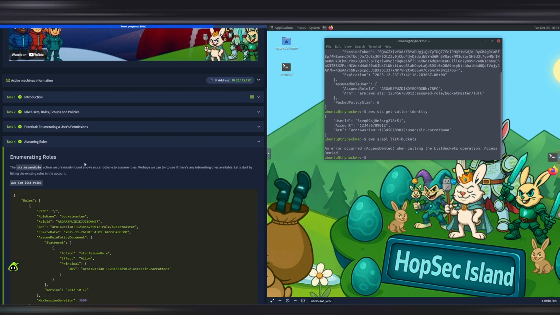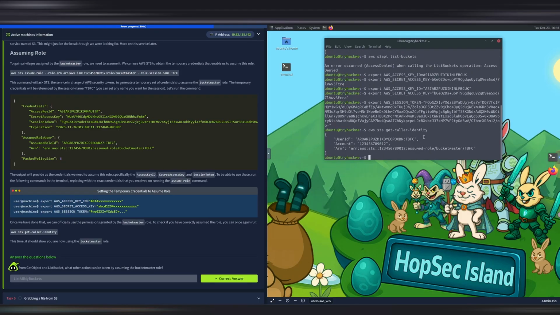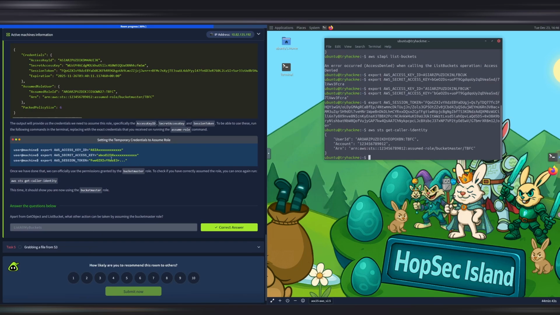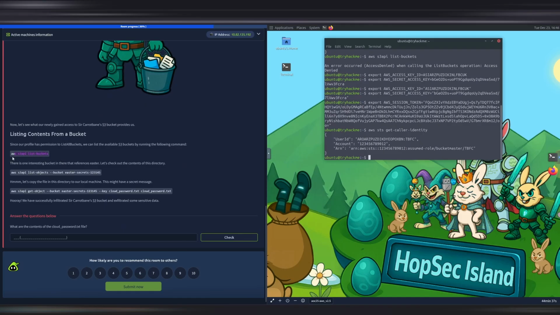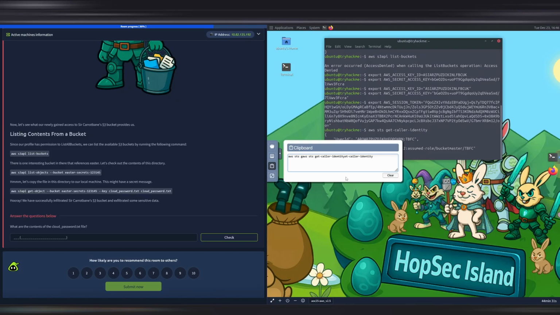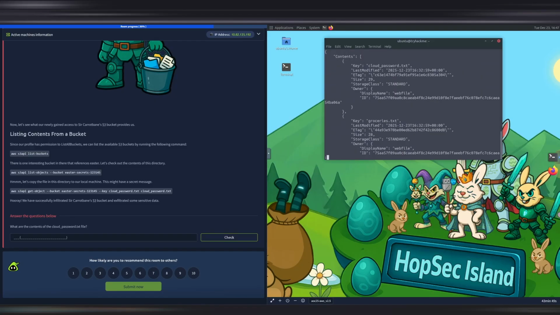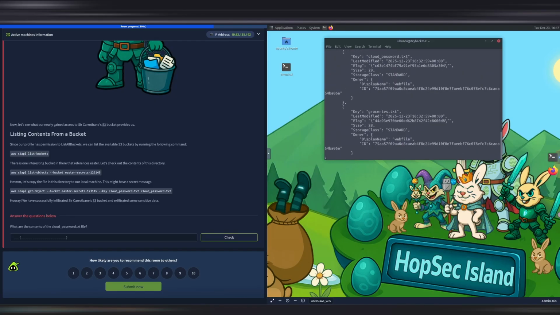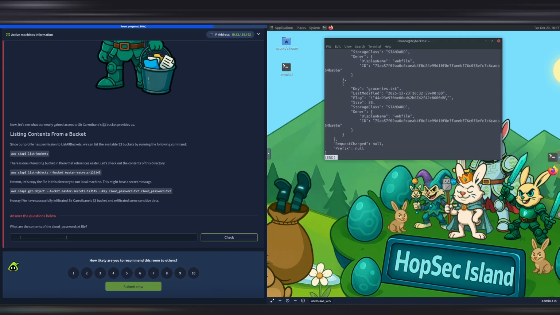Okay, so I must have done something wrong when assuming the role. Oh, okay, so we need to export this first. After exporting everything, I was able to finally get my user correctly. So you need to do this step. Don't be like me, don't forget it. Now we can try and list the objects, the buckets. Like they tell us here, there's an interesting bucket called Easter Secrets. We can see on Easter Secrets that there is a cloud password txt and a groceries txt. That's very interesting. What is he going to order for Christmas? Who knows?